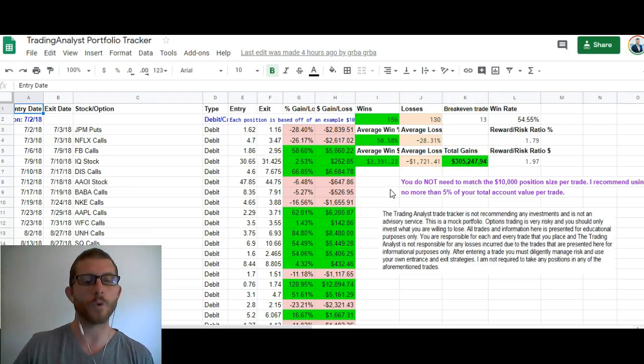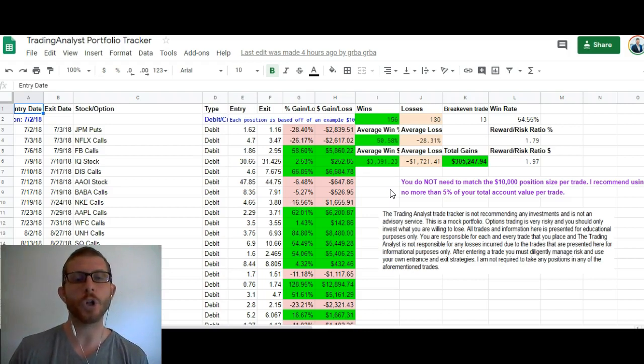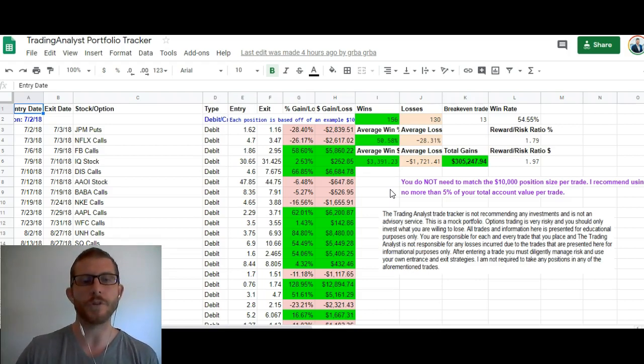All of these alerts are for swing trade option alerts. Okay, most of the trades last between about 1 to 5 days. Some of them last a little bit longer, up to about 10 to 20 days sometimes, depending on the alert, but most of them last about 1 to 5 days. And most of our members have full-time jobs, so you can participate in the market from home, the office, on your lunch break. It doesn't really matter. As long as you have access to your cell phone, you're going to be able to participate in these alerts